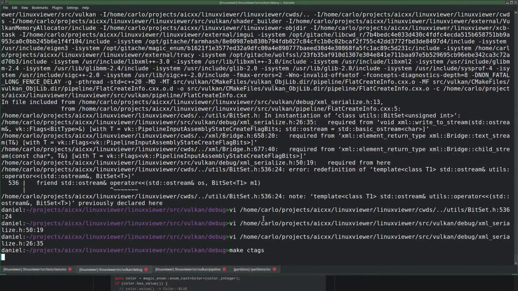I mean, I'm wondering why I'm even writing this bit set to an OStream. I'm not interested even in doing that. I think I'm not doing that, but it's still instantiating utils bit sets, and that causes it.